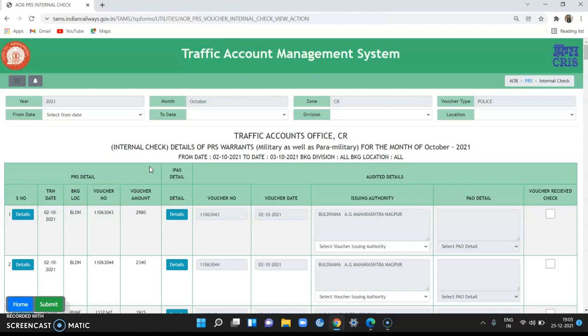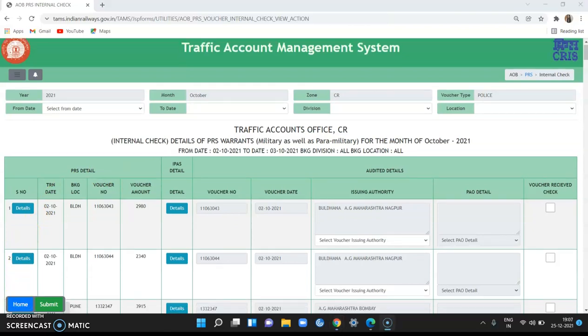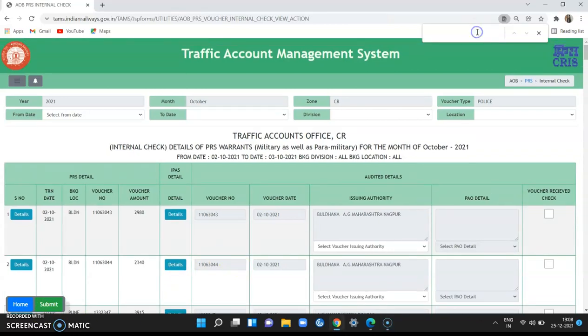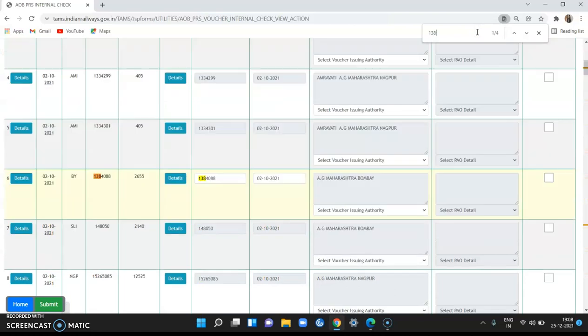Now I will show internal check of that voucher. I will search that voucher by Control F voucher number 1384. I found that voucher at serial number 6.